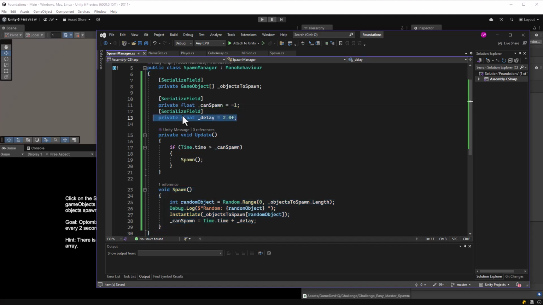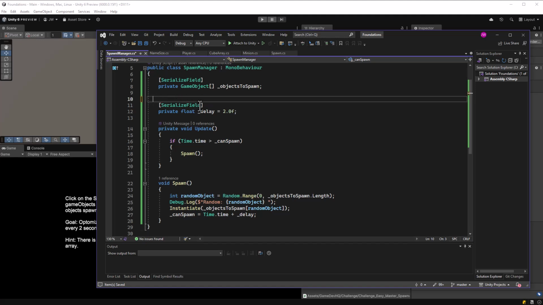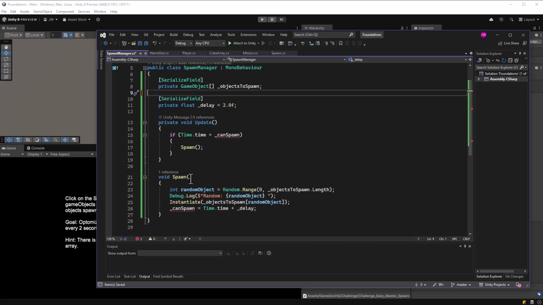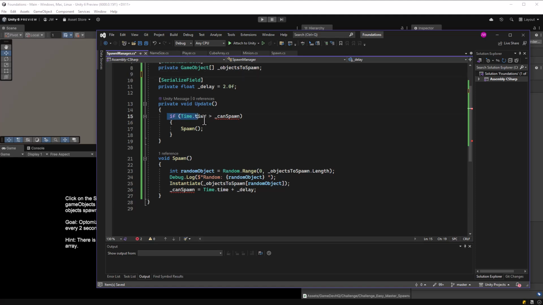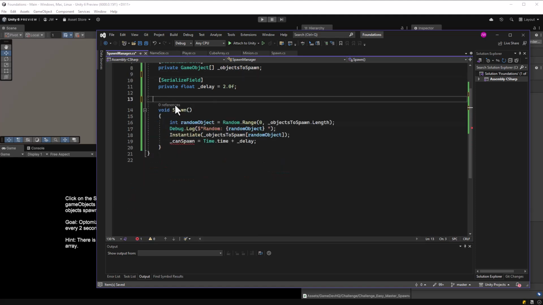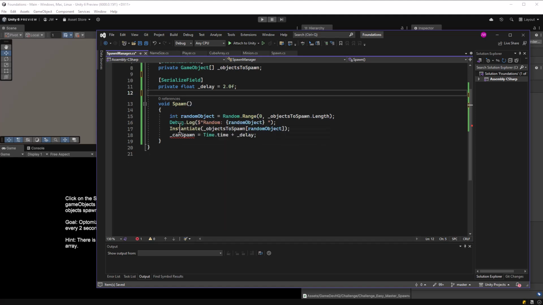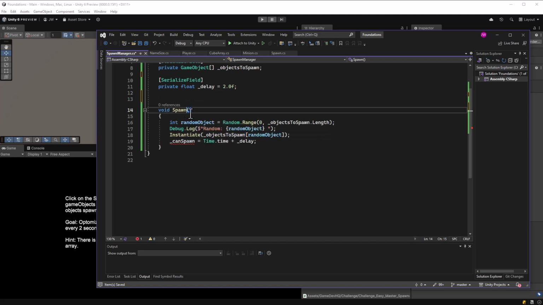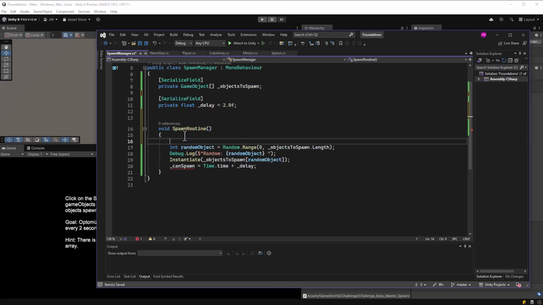We'll still keep the delay here, but we don't really need permission to can spawn because we're going to be stuck in this coroutine. So I'm going to delete this logic here, and we don't need our spawn or update method. We're not going to use it. Instead, we're going to just actually specify a routine here. So this is going to be a spawn routine for a coroutine, and we're going to put ourselves in a